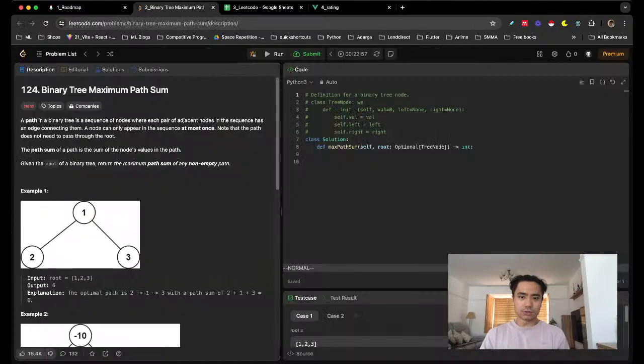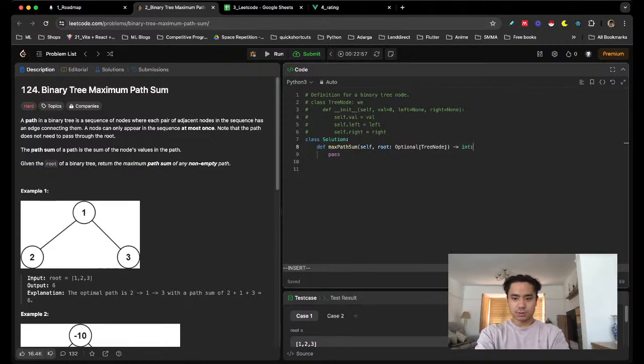I also changed my battery. I ordered a new battery for my laptop, so hopefully I won't have the